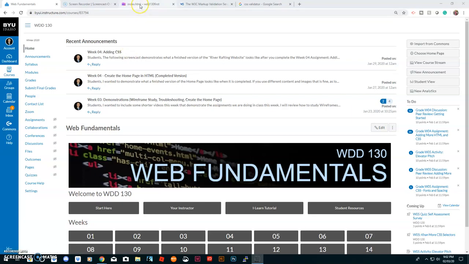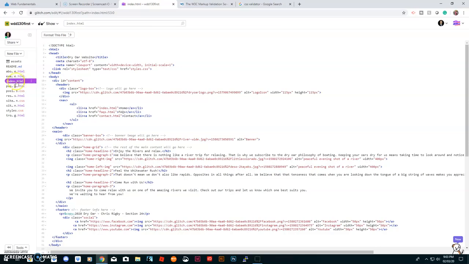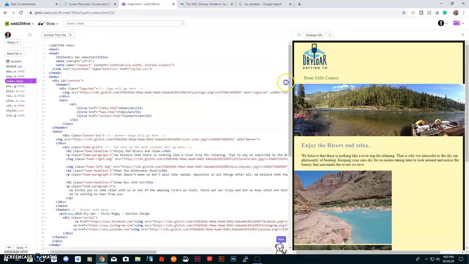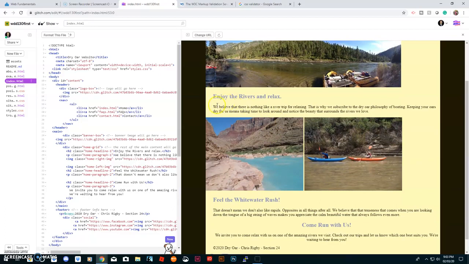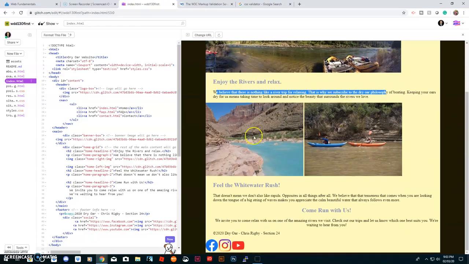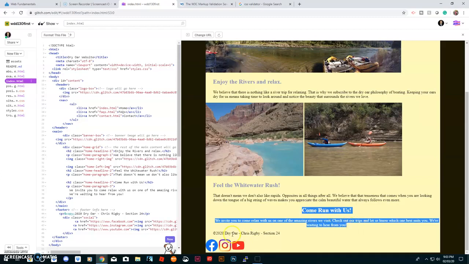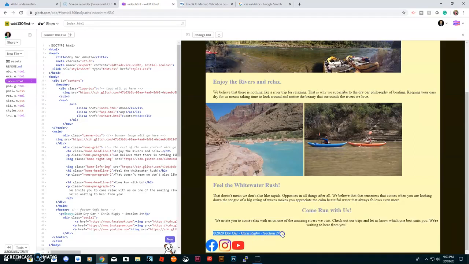page. The web page I'm going to walk us through is this one, my index.html, which contains my river rafting website. Let's preview it next to the code. It looks like this. This probably looks familiar to what you have accomplished. We've got the logo icon, the navigation, the banner, the heading 1, paragraph of text, and then I followed that up with two images, a second header, a paragraph, and then I've centered this, okay, this third heading and this paragraph. Down in my footer, I have a copyright, name of the page, name, section number, and the three social